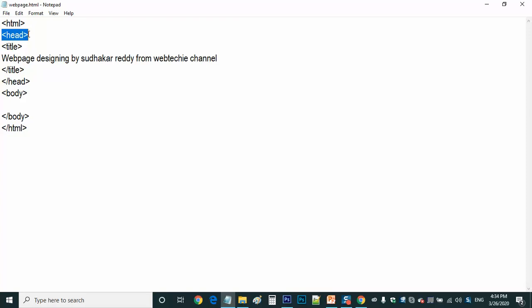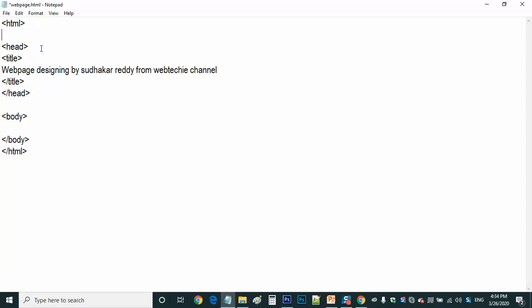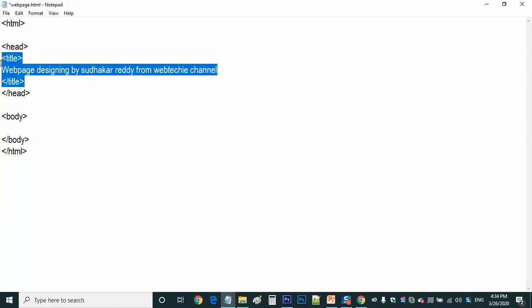And there is something called the head part. The head part should be closed. Let me give a break here so that you can easily understand this. Inside the head part there is a title, and the title is closed. That means the title is a part of the head. In your browser, which one is the head? As I said, the topper portion is called the head. This is the head part, and inside that the title is one part. I hope you are understanding what exactly I am teaching. This is the header, and this part is called the body.